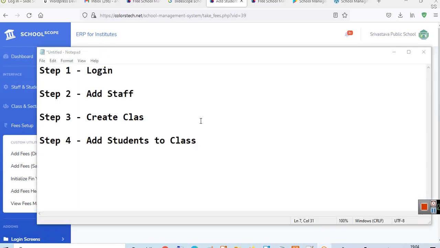So these are the steps so far. Step 1 is to log in, obviously. Step 2 is to add your staff members. Step 3 is to create classes, whatever classes are there in your school. Step 4 is to add students to class. While adding students to class, you will be able to assign students to sections.